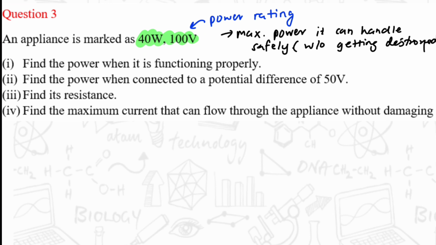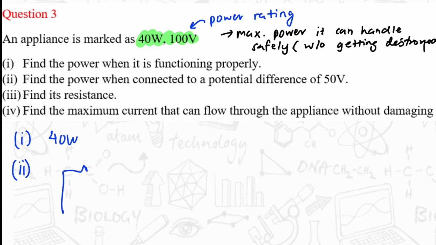In the first question, they're asking the power when it's functioning properly. So that will be 40 watts. In the second one, find the power when connected to a potential difference of 50 volts. Right. So